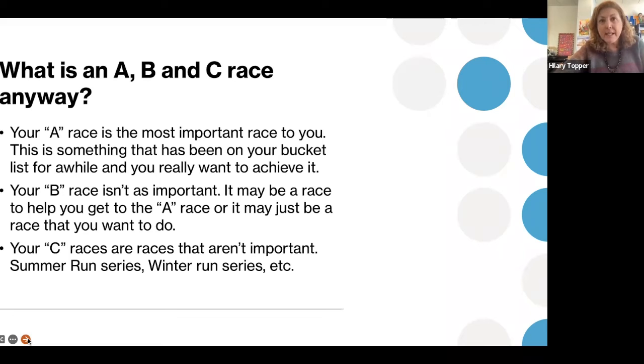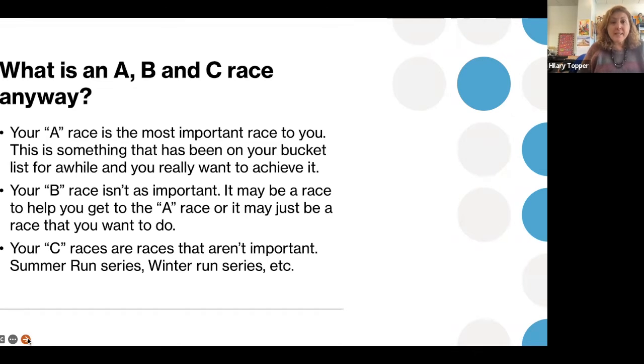In 2016, I wanted to run the 2016 New York City Marathon. That to me was the most important thing. So any other race besides the New York City Marathon didn't really matter. I was doing them, but it didn't matter as much. That particular race was the most important to me. Last year it was the Maggie Fisher swim. So every year I'm going to pick at least one, if not two, A races that are really, really important to me, that I'm going to try to just dig deep and achieve it.